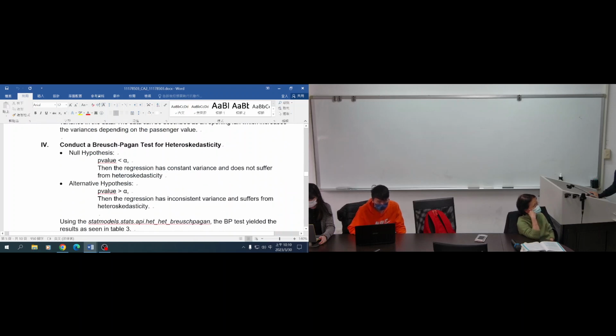Then conducting the BP test, these are the null and alternative hypotheses. So if the p-value is greater than